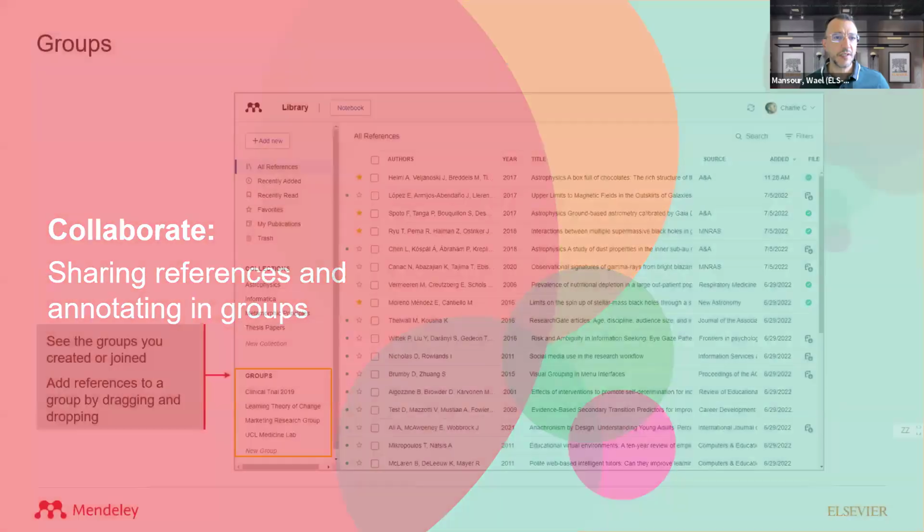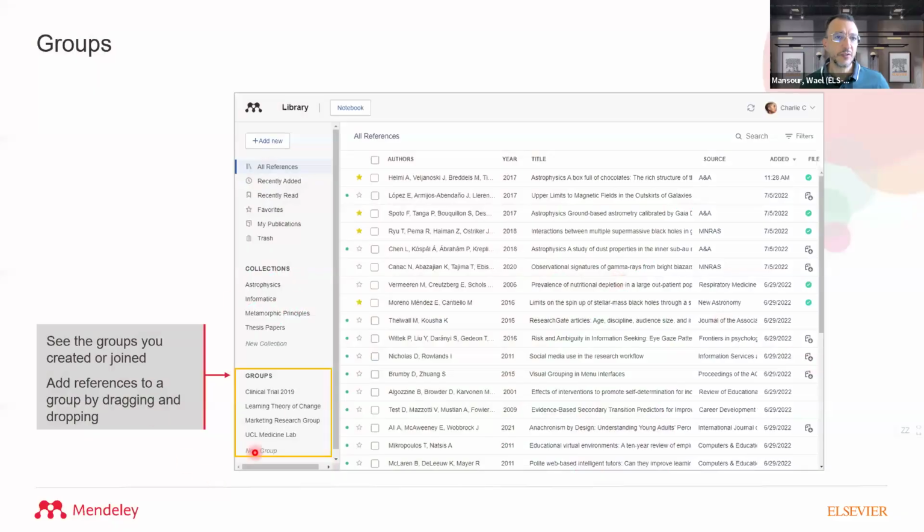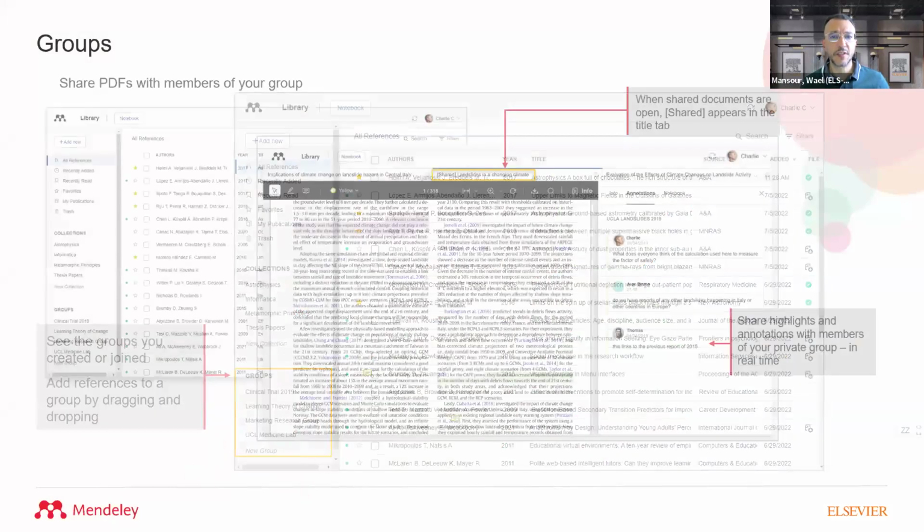Another option is collaborate. So at the end of the panel on the left side, in the Mendeley reference manager, you can see the groups. You can create your own groups and add references to this group by drag and drop, so you can collaborate with your colleagues in this project or in this task and so on. So everyone in this group can see